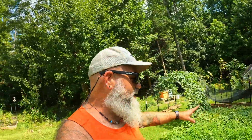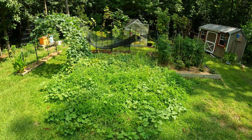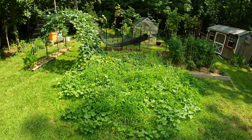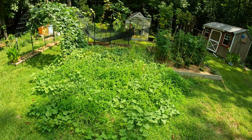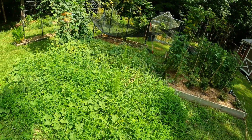We'll find out. But my big dilemma, and this is the problem, is this bed right here. Typically I'll harvest my sweet potatoes until early September, and we're in about the middle of August right now. Today is exactly 90 days since I planted them. And I kind of want to just get started on